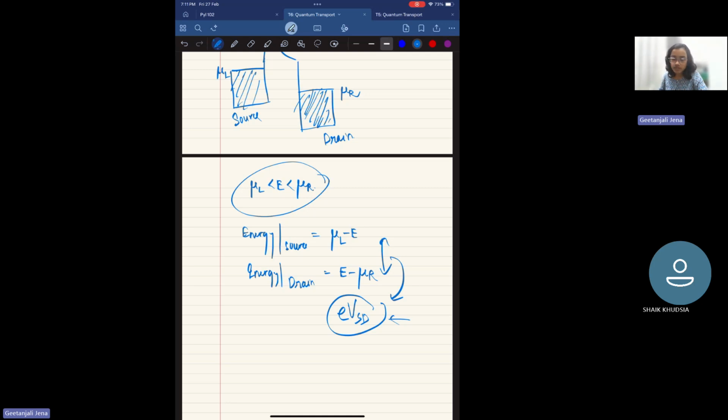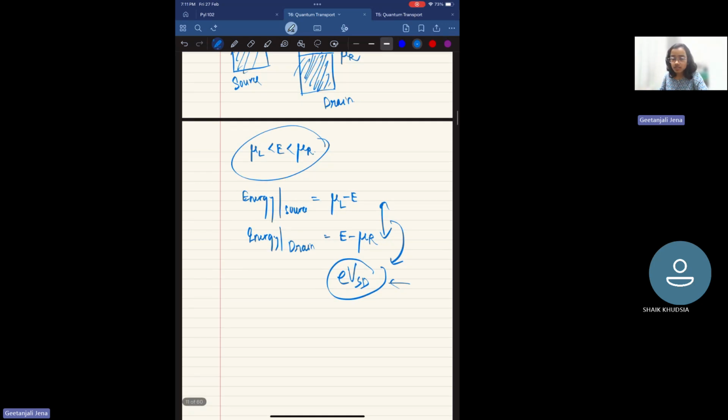So to calculate the power, or the resistance that we'll see when this 1D channel meets the 2D electron gas, the expression for power you can write as the total energy dissipated divided by the time taken to travel from source to drain. We don't know the expression for this tau. So let us see how we can calculate it.